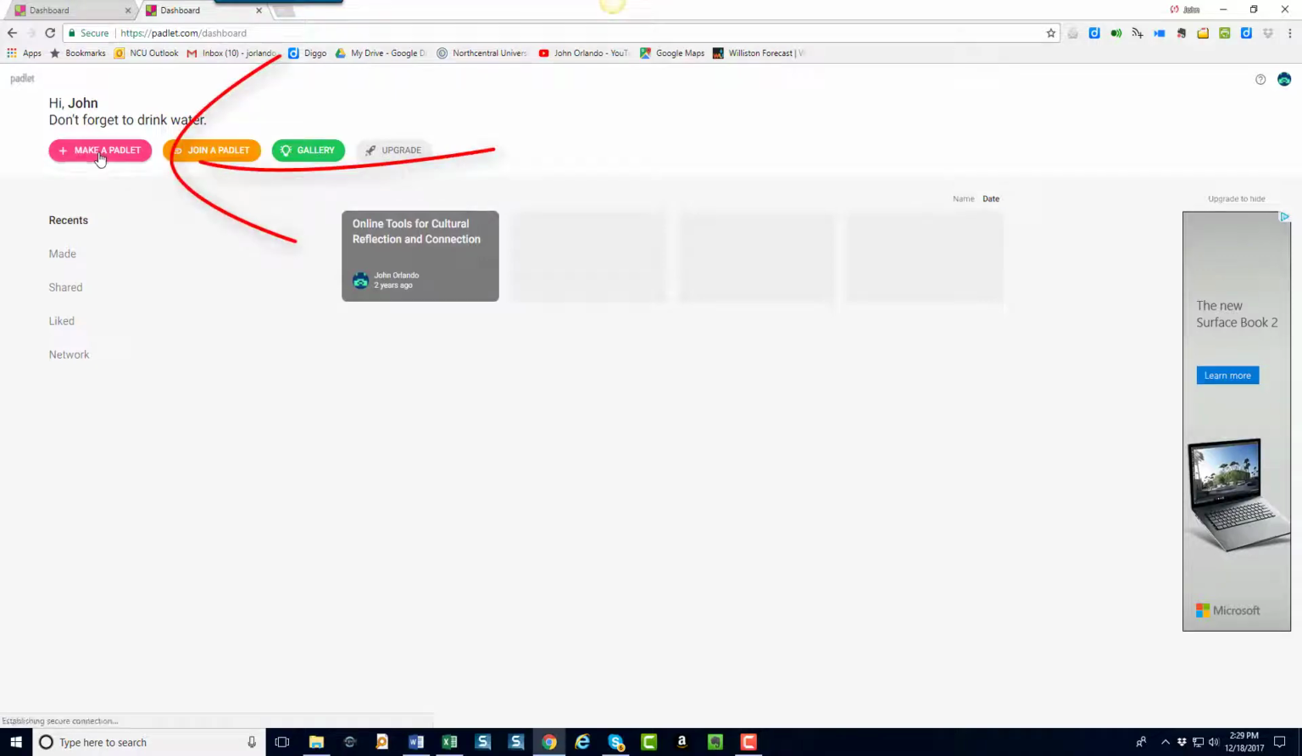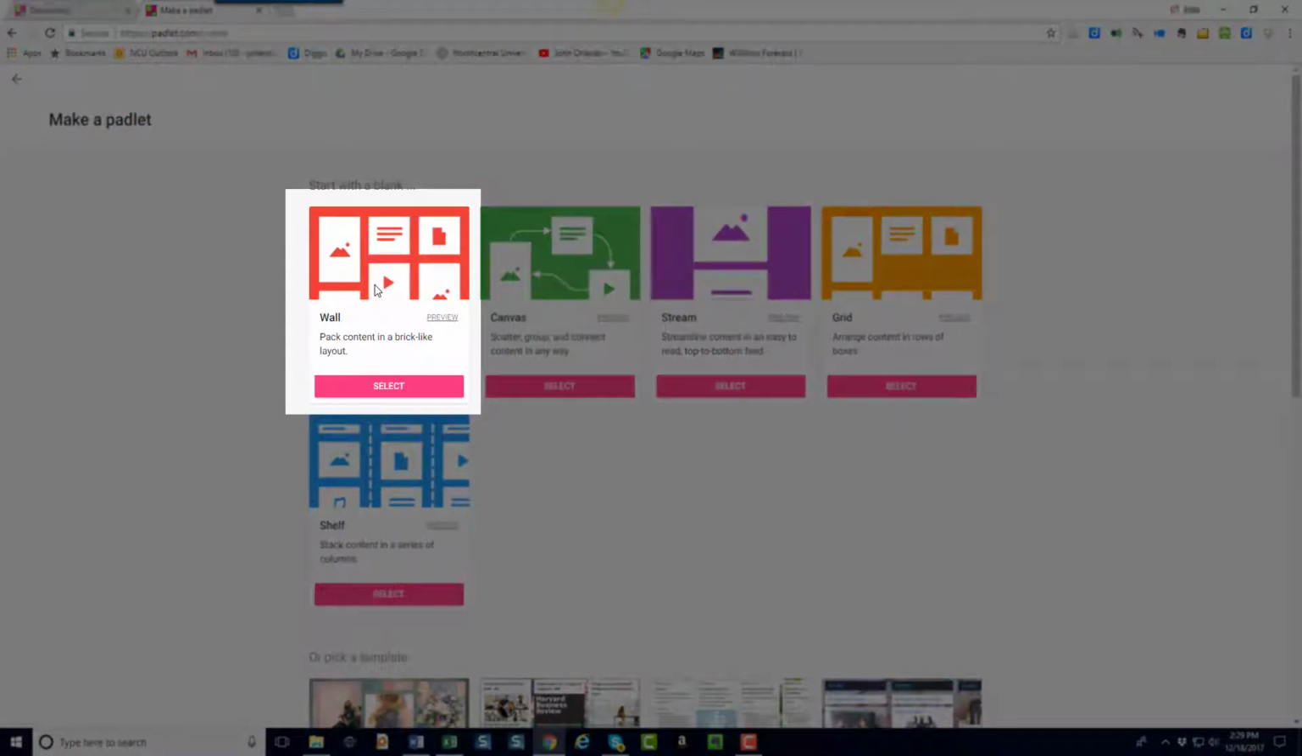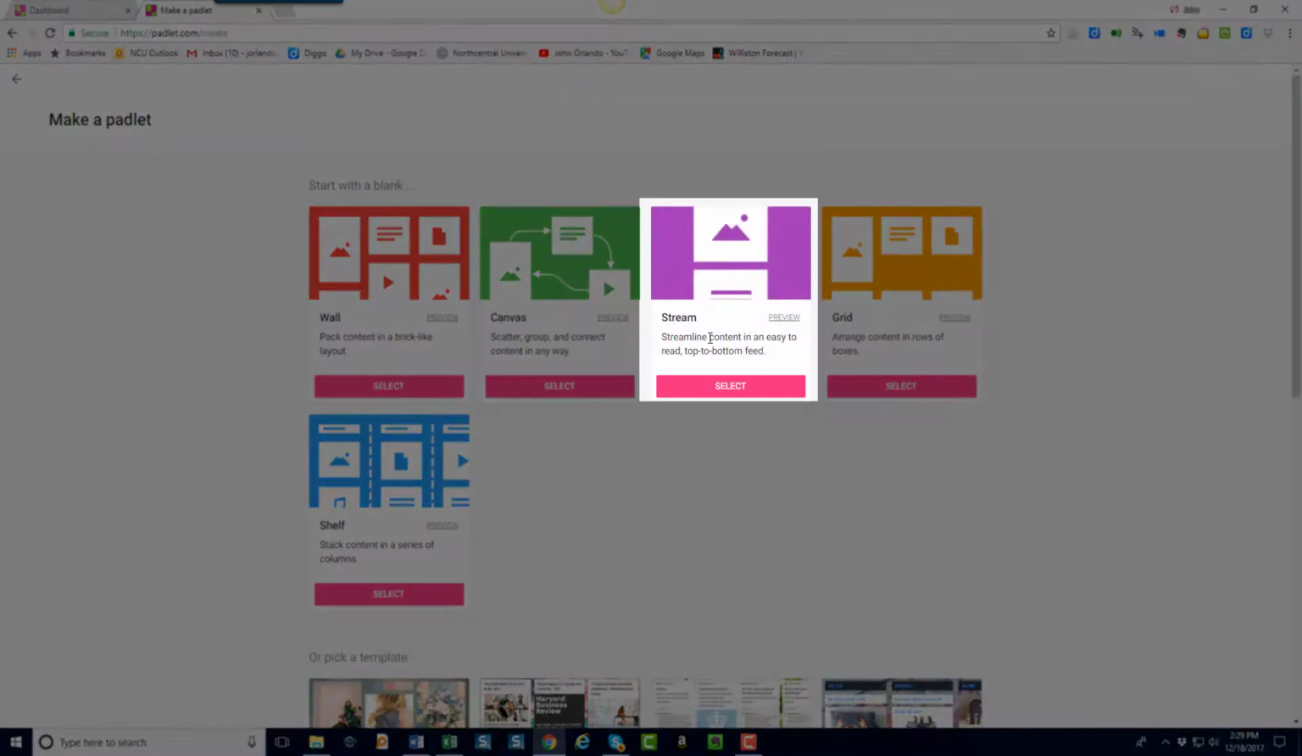Let's go to Make a Padlet. And you're going to see that starting with a blank Padlet, I first come up with a design. This wall design means that each person's entry will simply come up as a kind of brick in a wall. The canvas design means that people can put the new posts anywhere they want. The stream design means that each post will come into a central column at the bottom, a bit like a